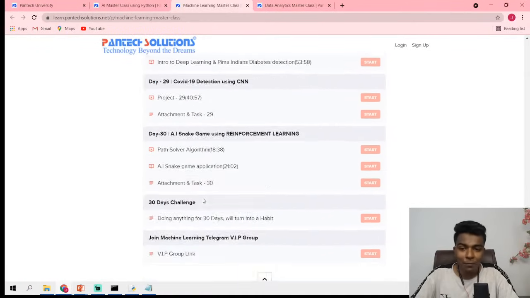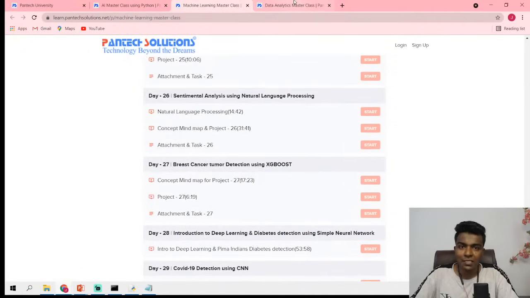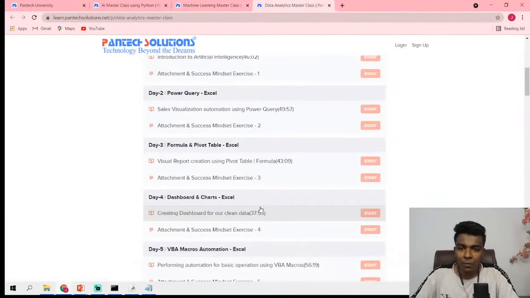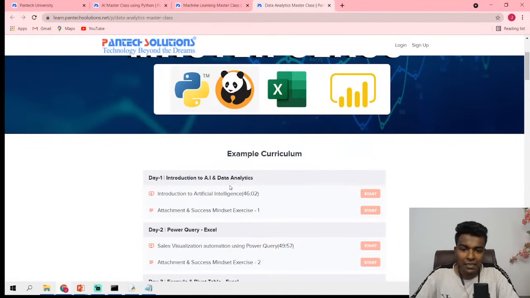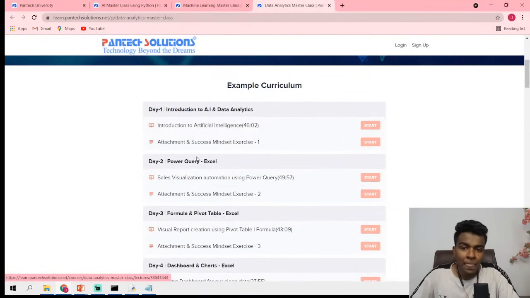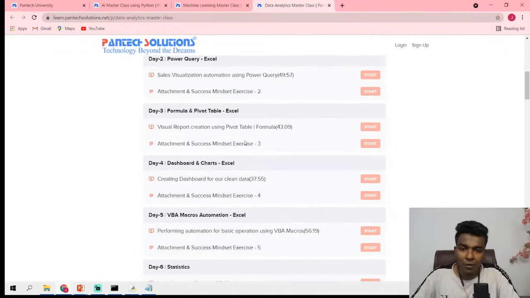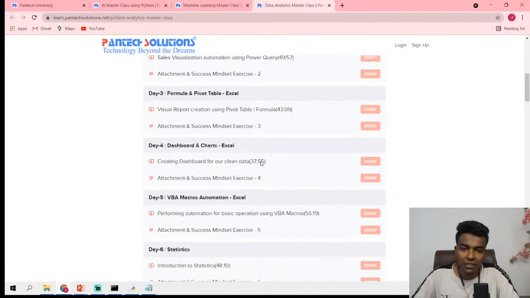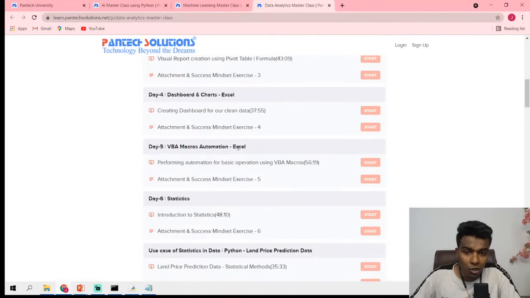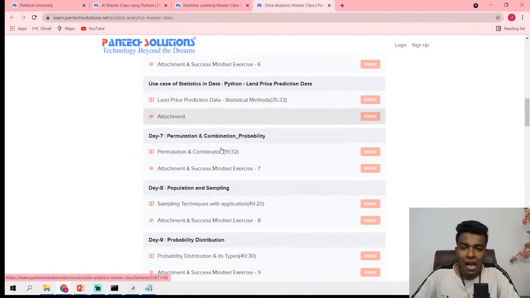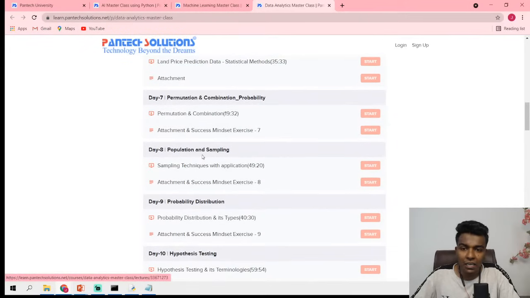So likewise, 30 projects, nearly 28 plus projects. And data analytics also starts from the basic roadmap to become a data scientist, and Excel: formulas, pivot tables, charts, dashboards, and VBA macros automation in Excel, and statistics: permutation and combination, probability, and population and